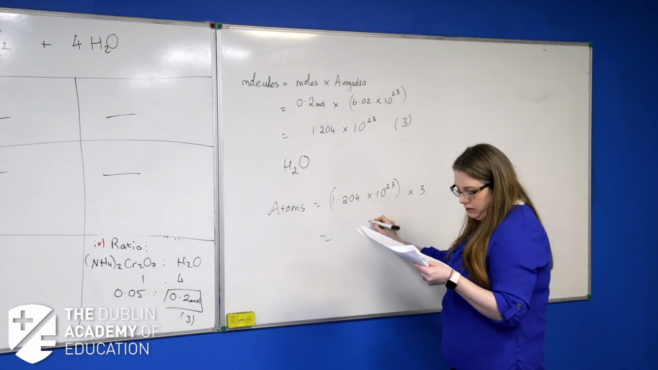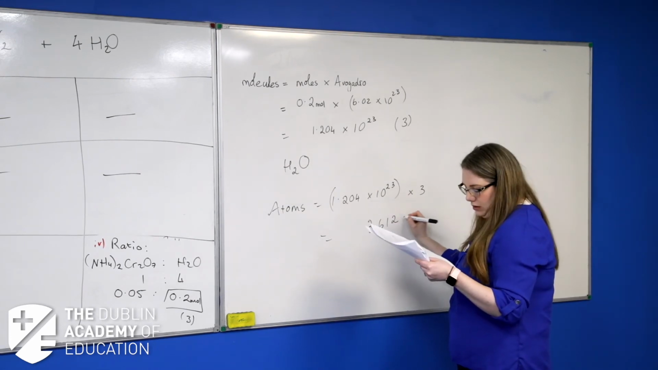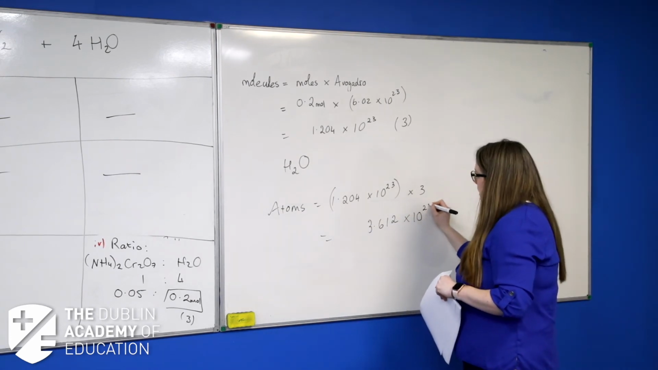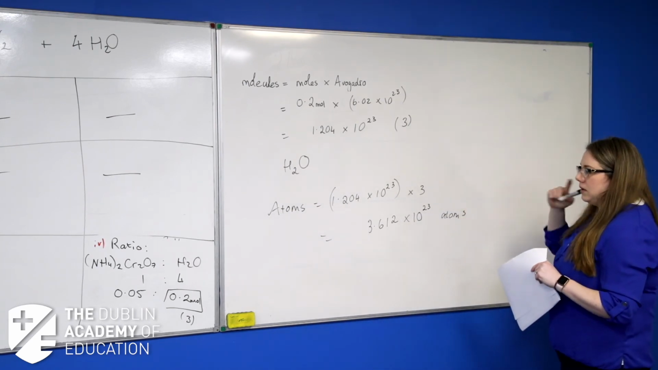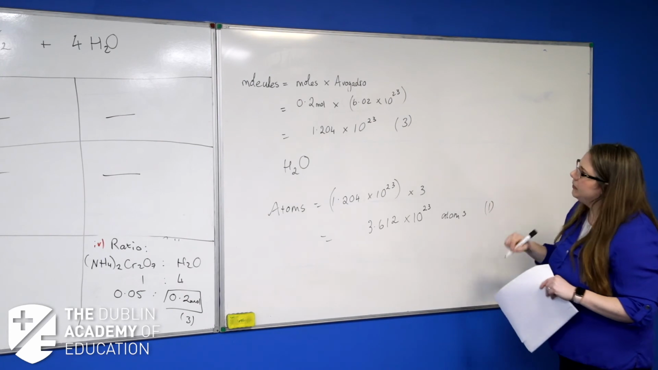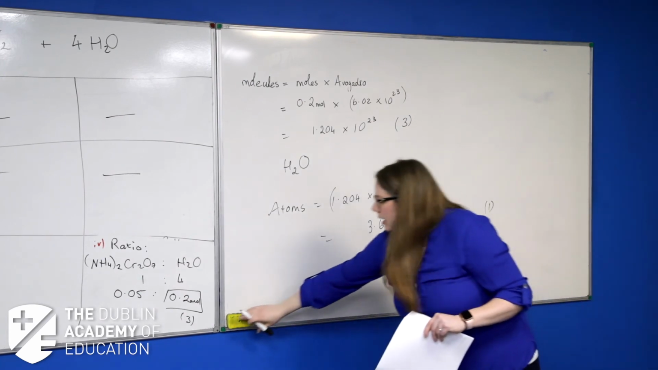And that's going to give me 3.612 by 10 to the 23 atoms. And that was, I think, just for 1. Or they did 2 and 2. Now,